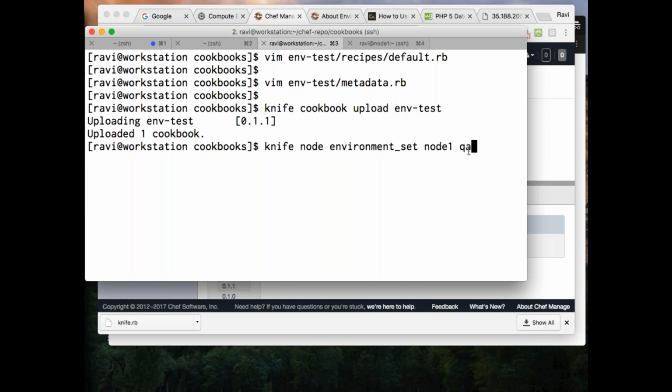You will run chef client. It applies that one. Now you want to go back to dev again. I'll say my dev environment. But you're changing the entire default.rb file. No, that is having two versions of cookbook. That's what I'm trying to say.